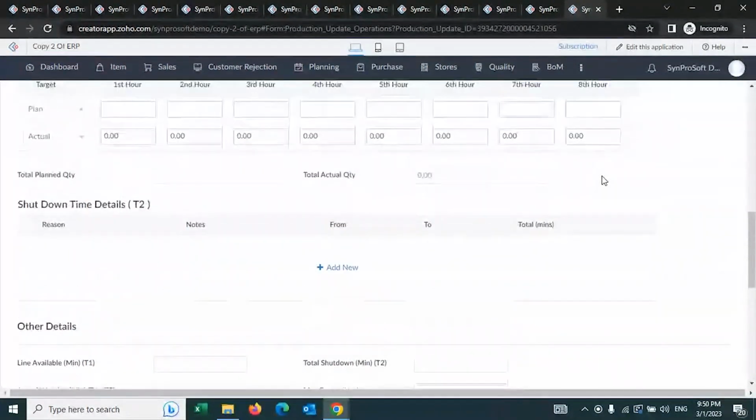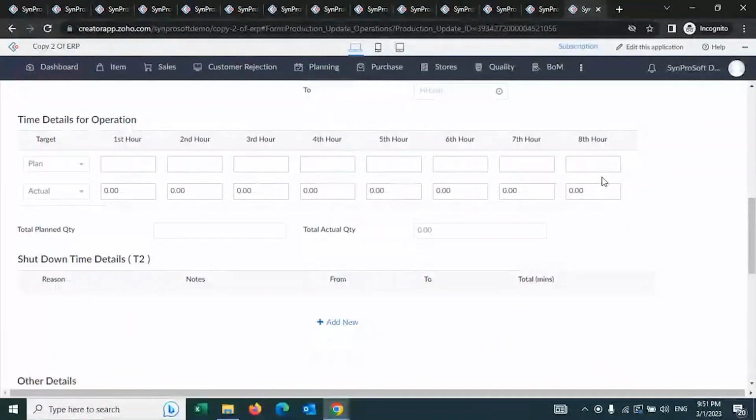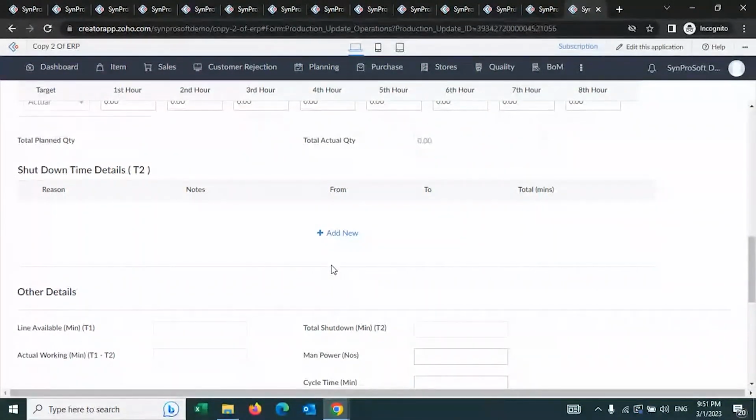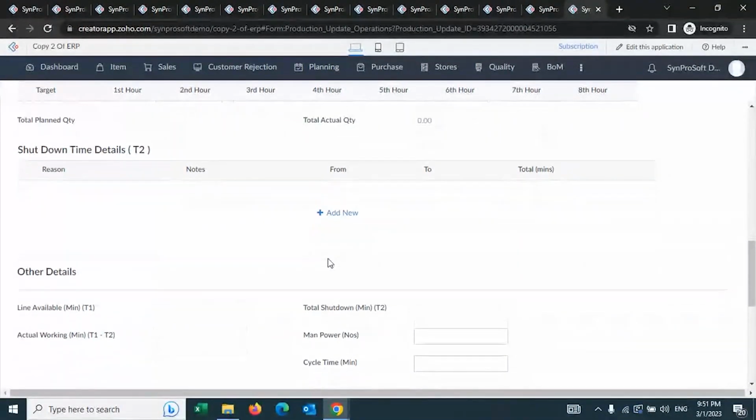And if there is any shutdown, now I have planned 1000 quantity of an item today. There is a 1 hour shutdown in between. An unexpected breakdown has happened. Now that is going to affect my productivity. I need to probably extend that by another 1 hour, or I'm going to produce less than the desired quantity. In that case, I can even update the shutdown details. Which machine was shut and why? What was the reason? From time to time, all that you can define here. So in the final analysis, the shutdown time will be excluded while calculating the productivity for the day.